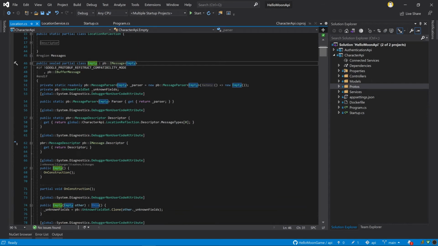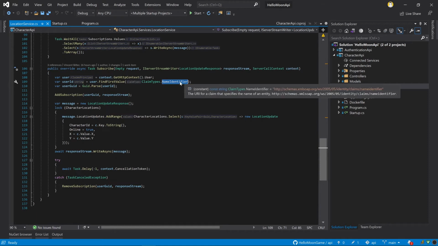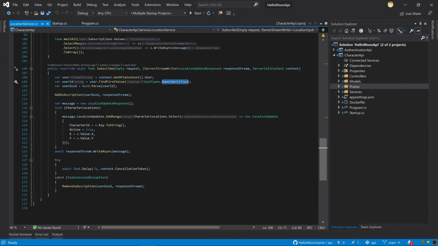is empty, as you can see, so there are no properties on there. And we're getting a response stream and also a context. Now the first thing we're doing is we're getting the user from this context, and within this user we're going to search for the name identifier, which in OAuth or OpenID Connect is the subject, or the sub. And this is a GUID,